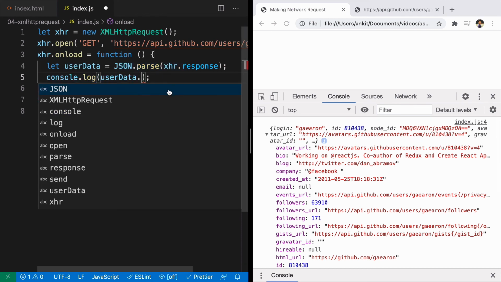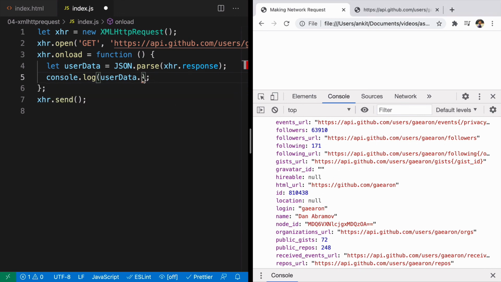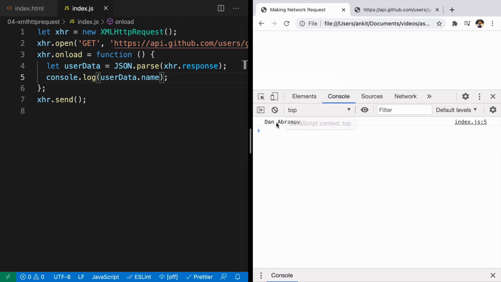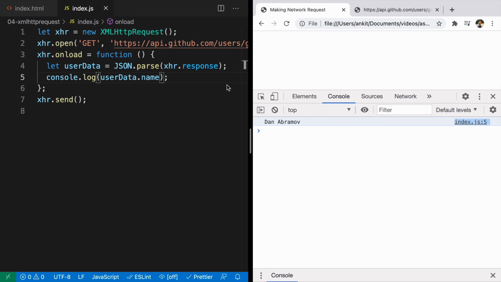And here we need the name of the user. So we'll go down and see it has a property name. So we'll say userData.name. If you refresh it here, what do you see? You see Dan Abramov. So we are getting the information from this URL and we are displaying that in our application. So this is how you make a request.